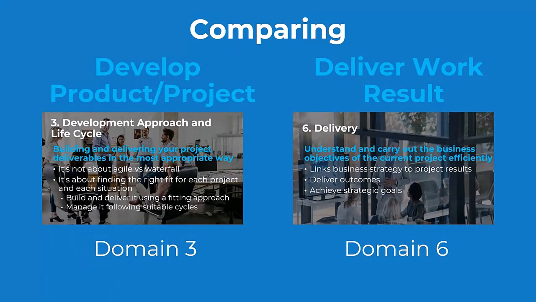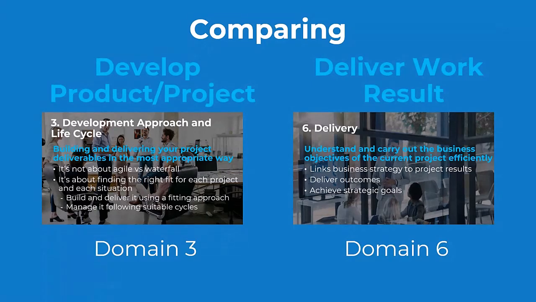Nothing in project management is this black and white, but for the concept, for the approach of the PMP exam, let me try this. So domain 3, on the left, is where we discussed the development approach and the life cycle. And this is a little bit more focused on delivering the product. Sometimes, mostly the product, a little bit the project, but mostly we're talking about what we have to do in order to develop things, the results, the outcomes, the product. How do we do this?